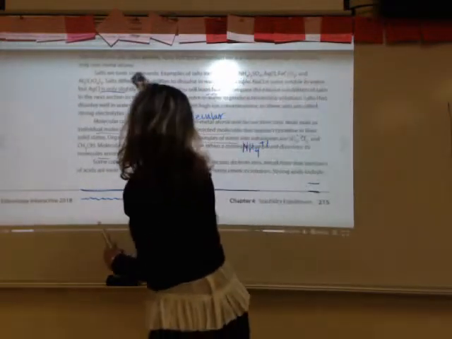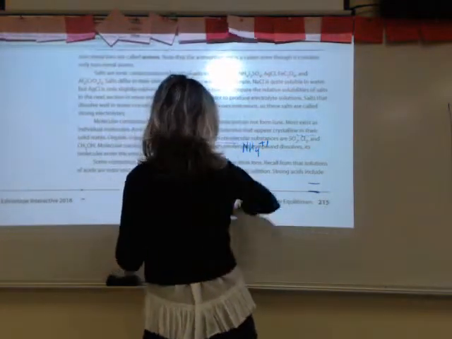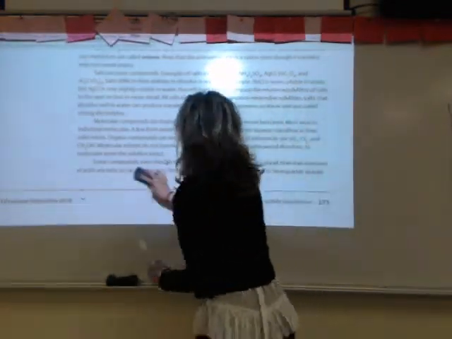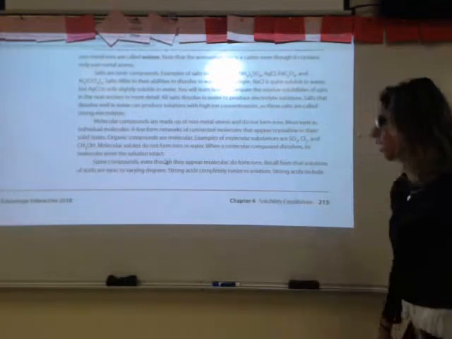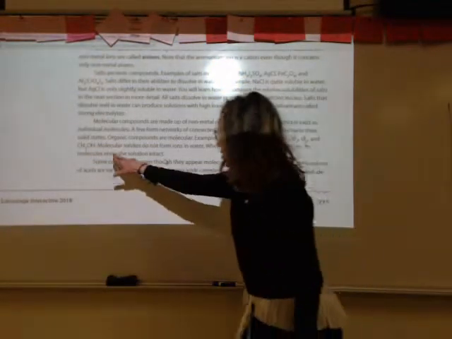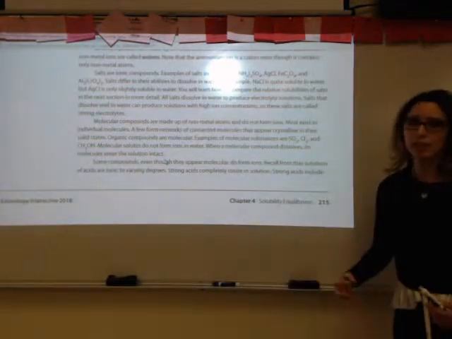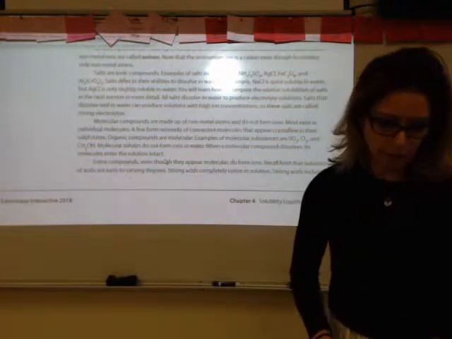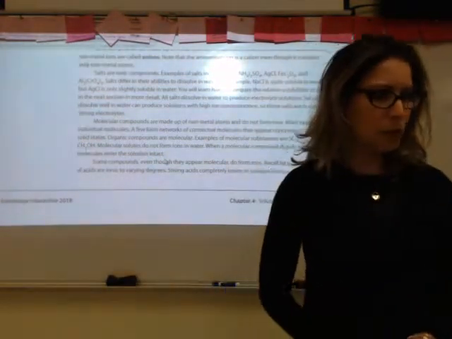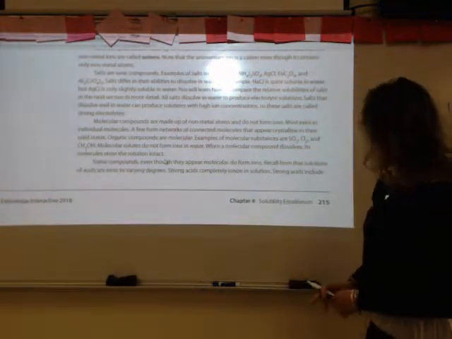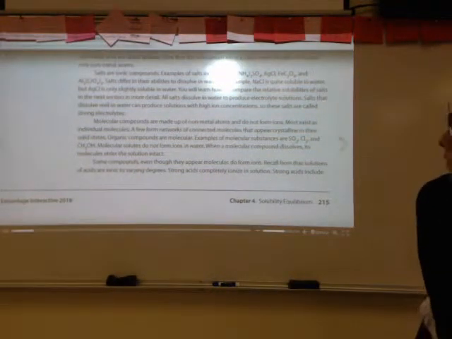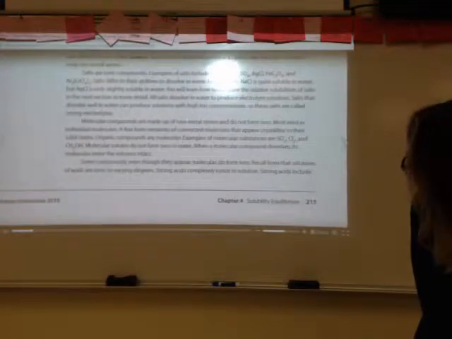Salts that dissolve in water well can produce solutions with high ion concentrations, and they are called strong electrolytes. Molecular compounds do not form ions. They will stay in molecule form in solution. Examples would be things like sulfur dioxide, chlorine molecules, or methanol. Okay, these will all stay intact and they will not conduct electricity. What if I'm talking about strong acids and strong bases? Well, if you go to the next page,